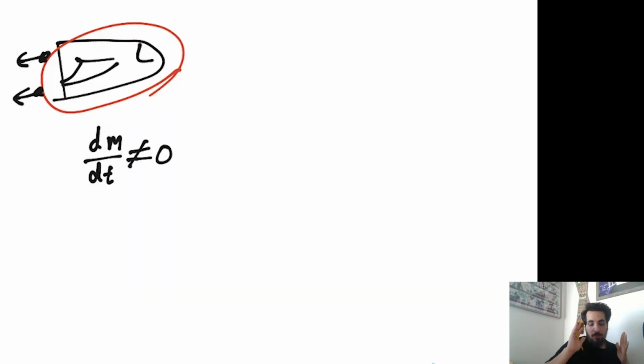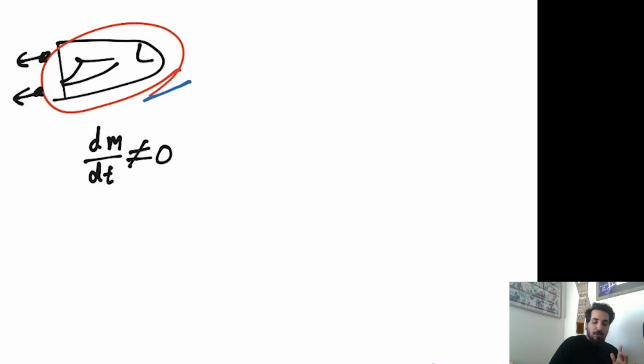So you say, okay, well, then this is not a closed system if you just consider the rocket itself. The rocket itself doesn't have any external forces acting on it, right? It doesn't have anything in space to be acting on it. We're going to assume it's far enough from the Earth, or from anything, that there's no gravitational force, and there's no friction force out in space. So there's no external force on our rocket, but the mass changes over time. So by just taking our definition to be the rocket, we don't have a constant mass, meaning that our rocket is not a closed system.